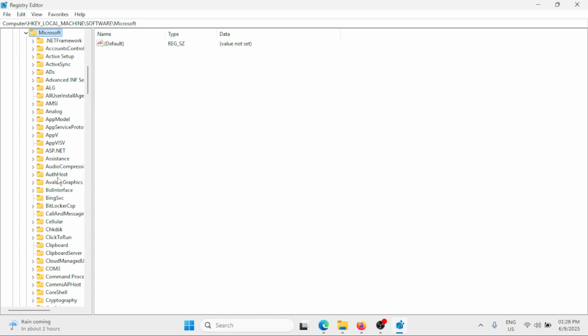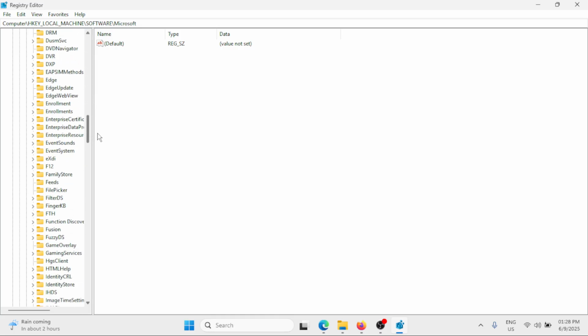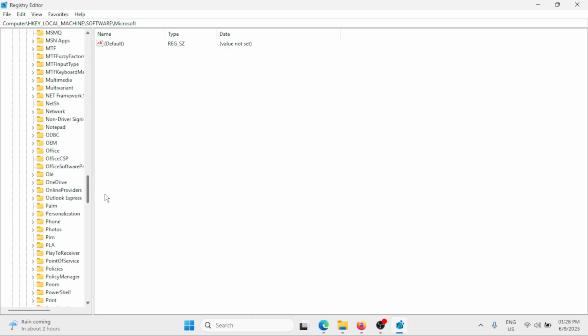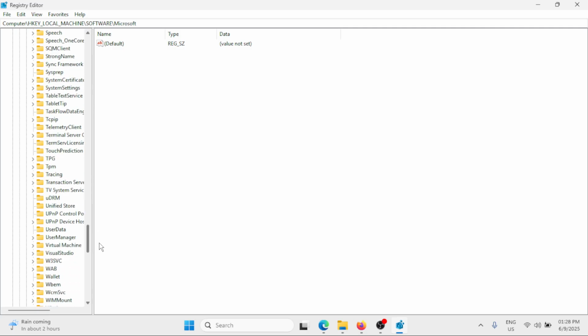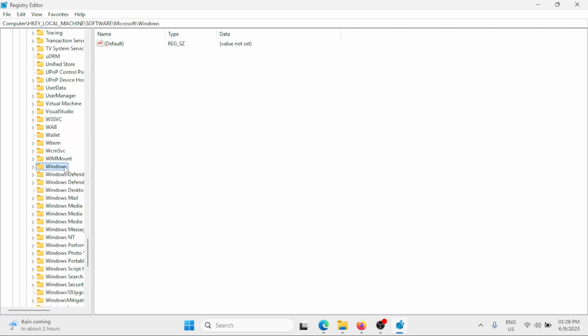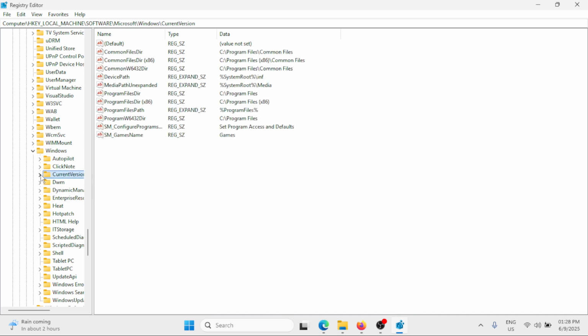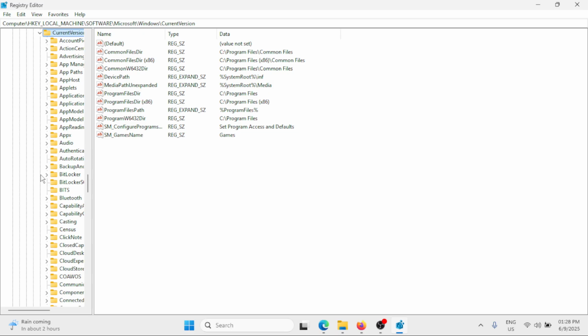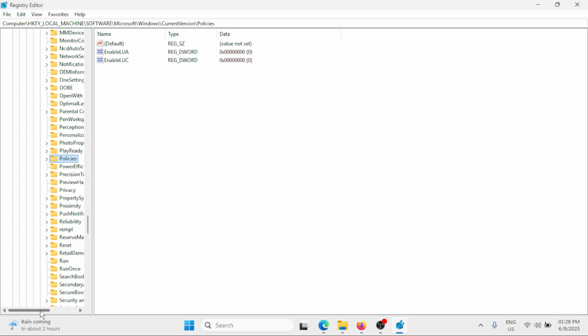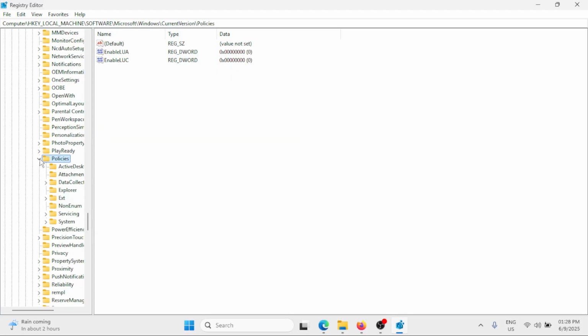Now here we have to look for Windows. So scroll down. Click on Windows, click on the arrow to expand the list. Then here we have to look for CurrentVersion. Click on the arrow to expand the list. Then here we have to look for Policies. So simply scroll down, click on Policies, and then click on the arrow to expand the list